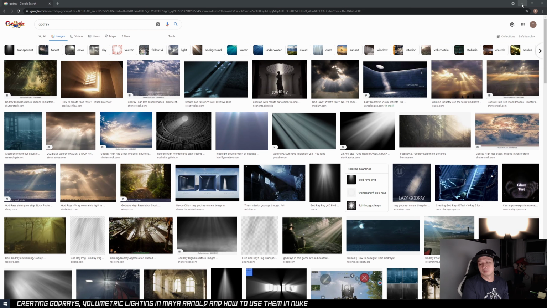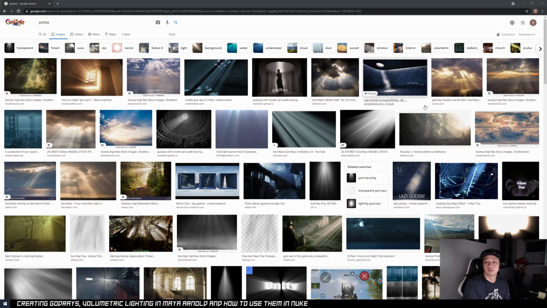Okay, so we'll have two parts in this session. So first part, we'll just use simple spheres and we'll go through how to actually get all these volumetrics, God rays. Then we'll open up a scene that we previously had and we'll try to input them in the scene, and we'll go through how to actually effectively use them, because once you add all these volumes to your scene, it starts to be heavy, and how we can use render passes to make sure we are rendering all these volumes in a separate pass instead of our main beauty.